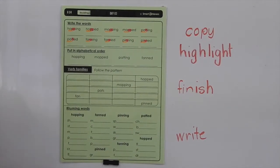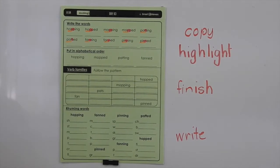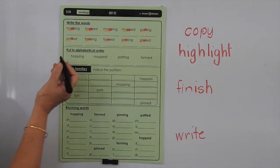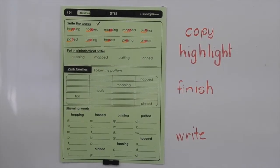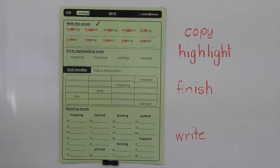Now, the first thing we need to do towards working out if we need to double the last letter of a base word is to ask ourselves, are they one-syllable words? Are they short words? And we've got our first tick. Yes, they are. The next thing we have to do is to choose a different colour, and we're going to highlight if